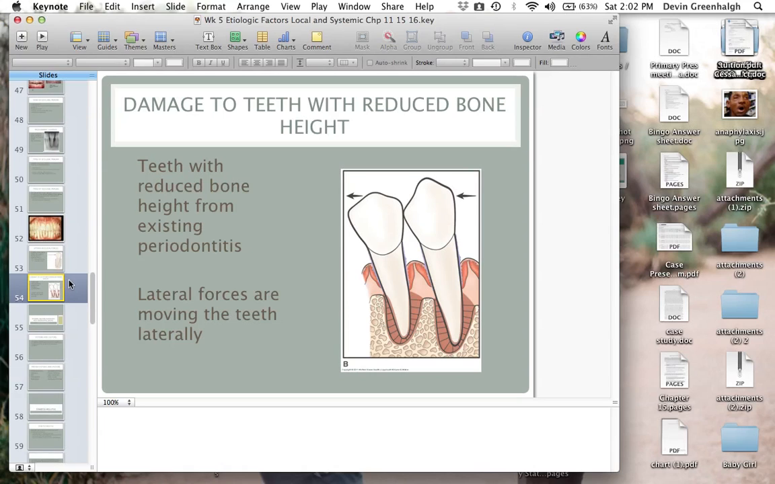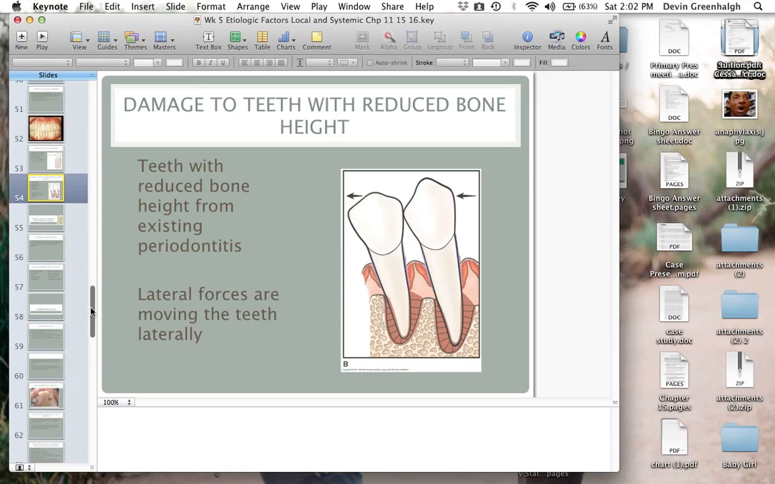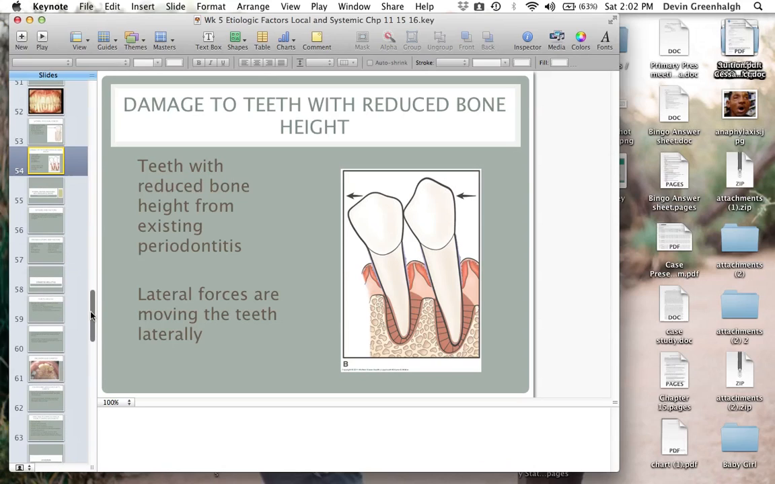Damage to teeth with reduced bone height. Teeth with reduced bone height from existing periodontitis. So basically,